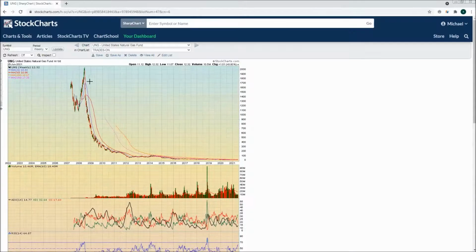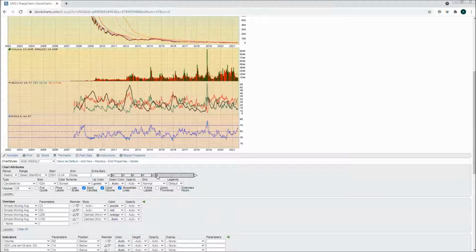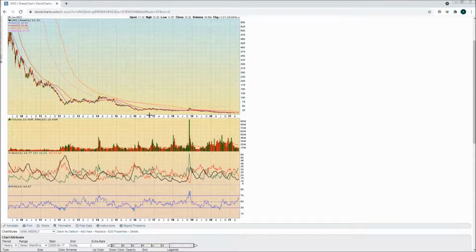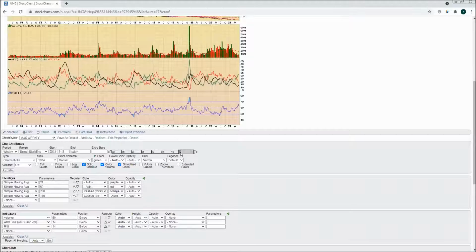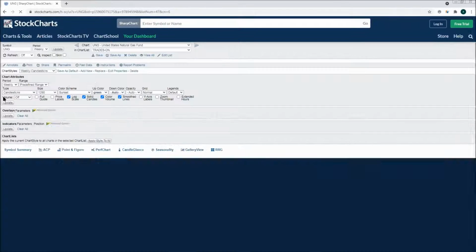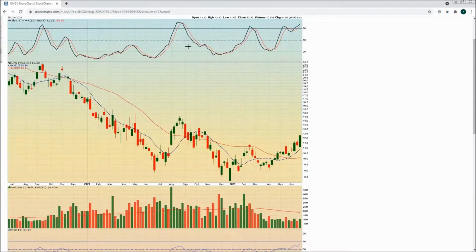And so now as we zoom out, let's take that big chunk out and show a bigger picture. It's just constantly falling. The price of natural gas, at least as indicated by this, has been falling. So you had this big downtrend. And now if we go to the weekly, so we zoom in more recently,